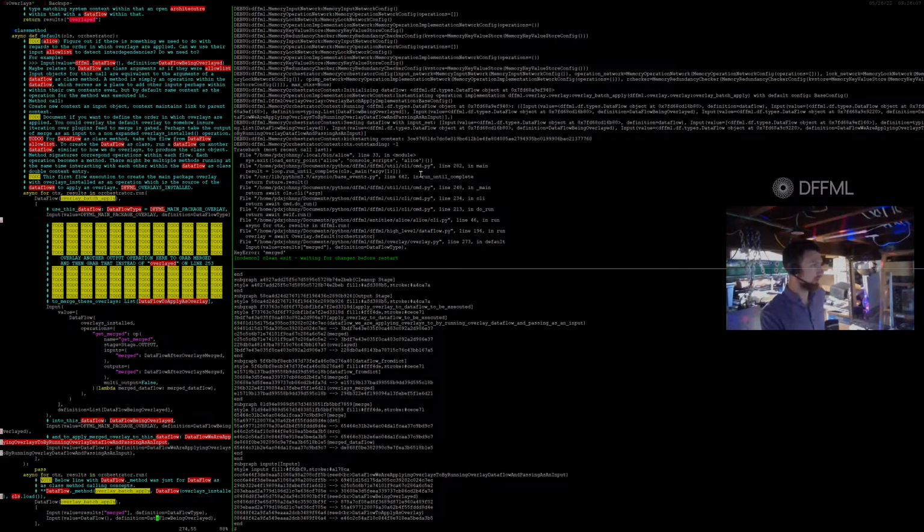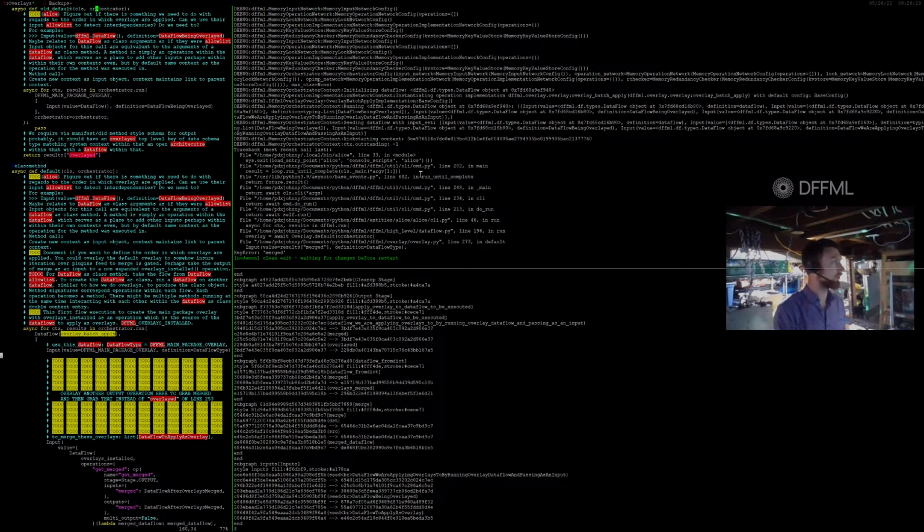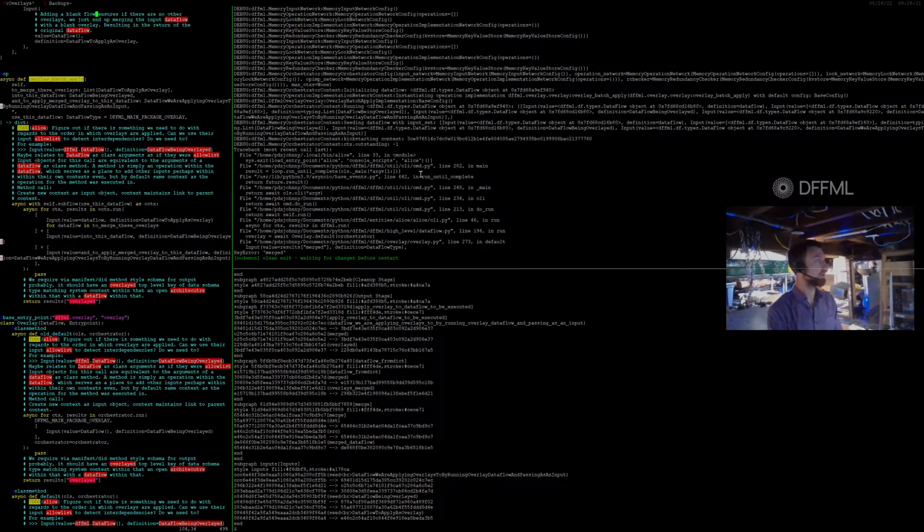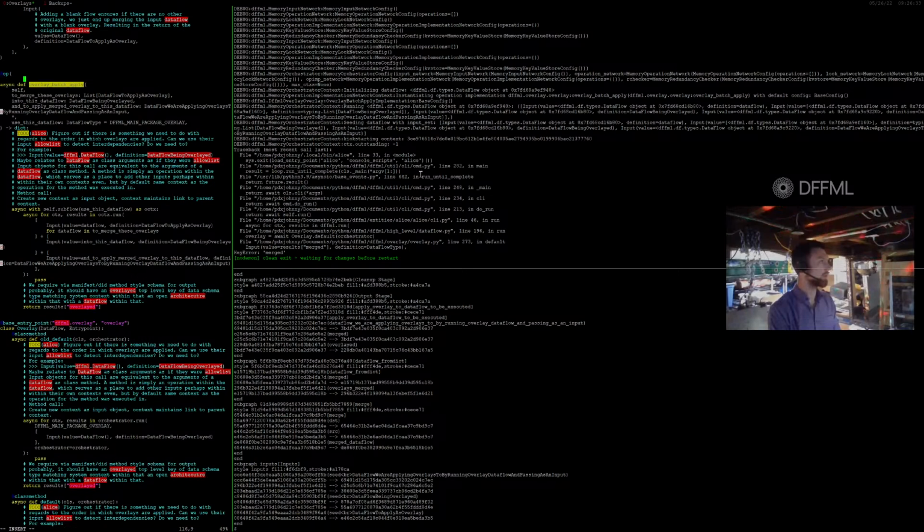Get merged. Okay, keyer merged. Okay. See data flow with input set. Data flow is overlay batch apply. Overlay batch apply. This should be